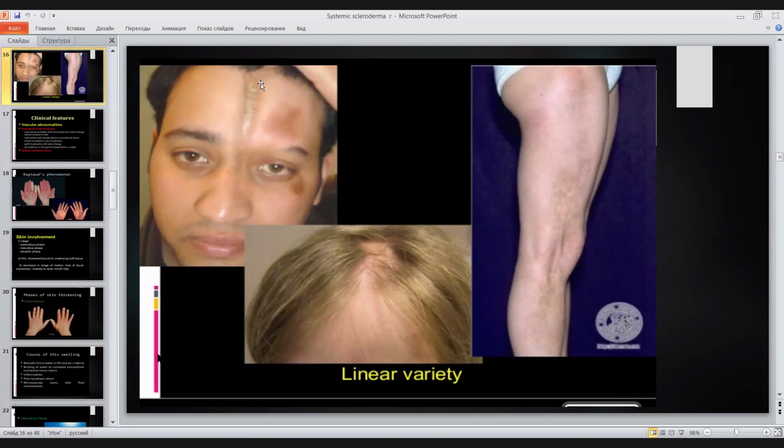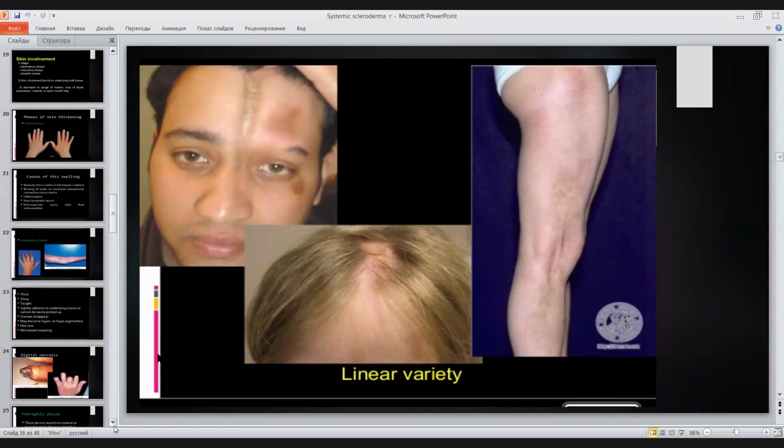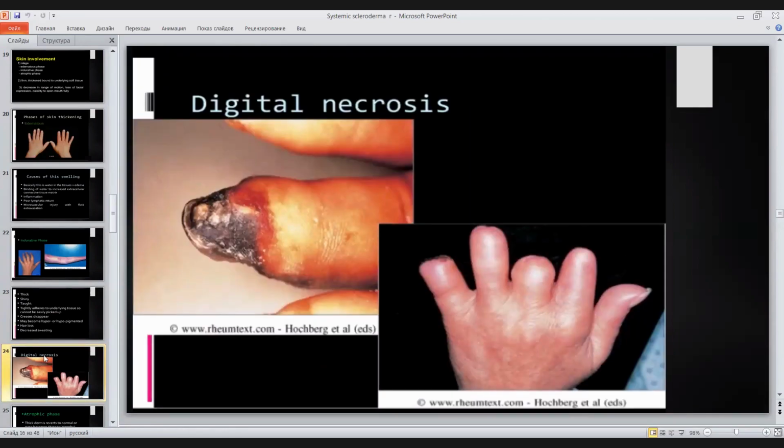And about skin, when real fibrosis has happened, it will also be like one line mainly. That's why the linear variety is specific for systemic scleroderma patients. If you pay attention, here also there is a linear variety in this region. Okay, this is about the second stage. And the third phase is called the necrotic phase or atrophic phase.